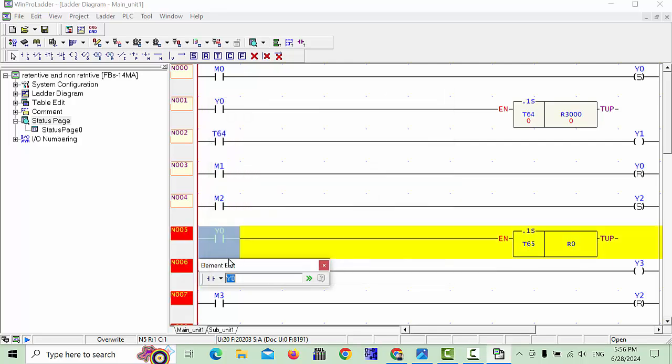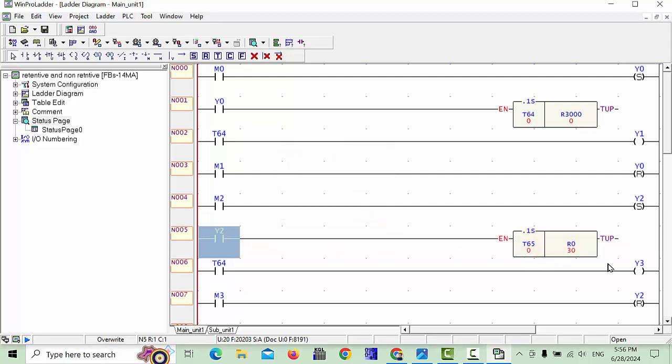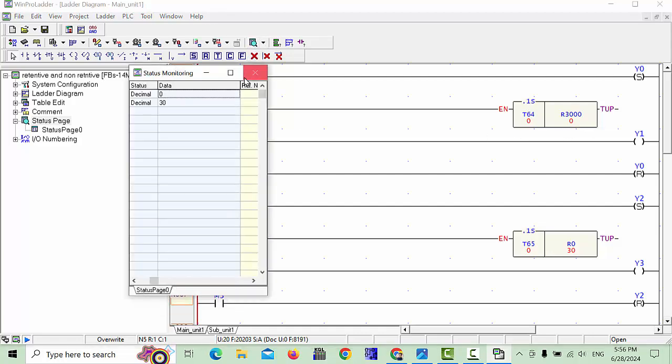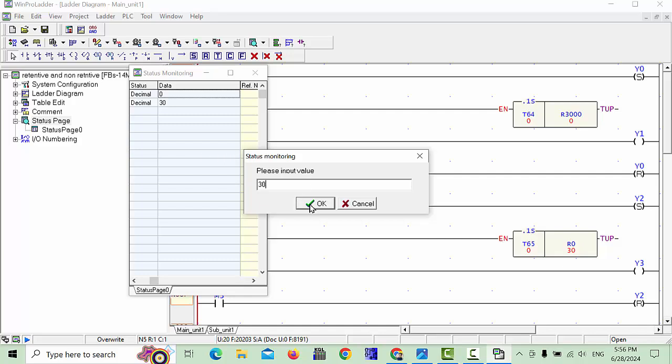This will have some mistake. Y2 is our, because both programs are designed separately. So Y2 this one, and T64 after Y3 on, and M3 will reset Y2. Now it's okay. See, this value is stored, but this R3000 value is not stored. We have to put the value here again, 30, for example. I will put it,